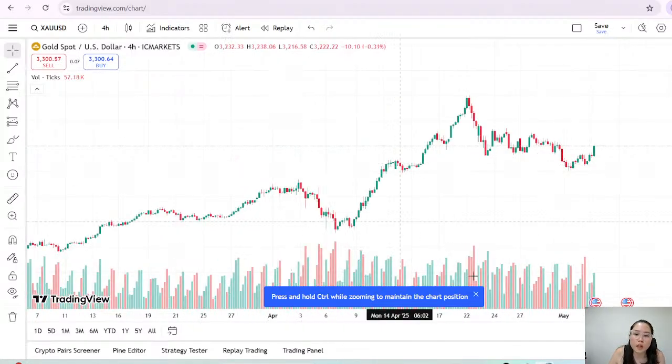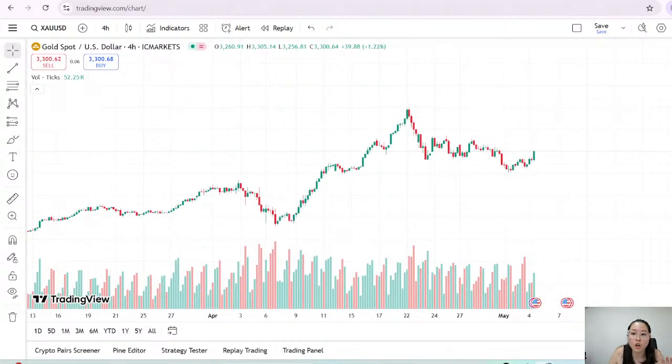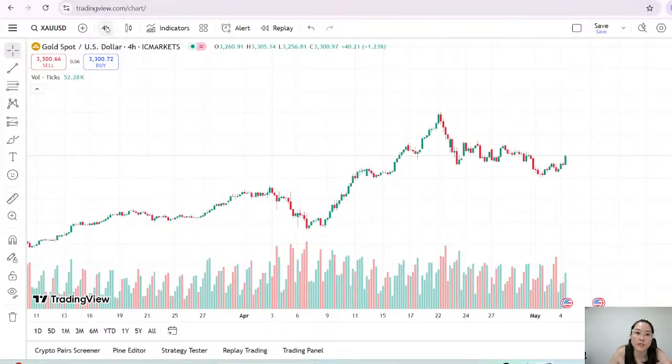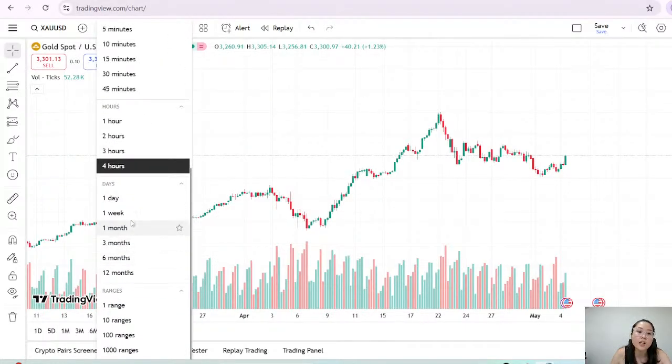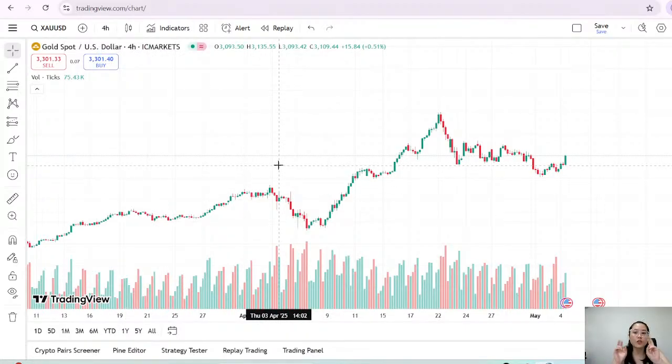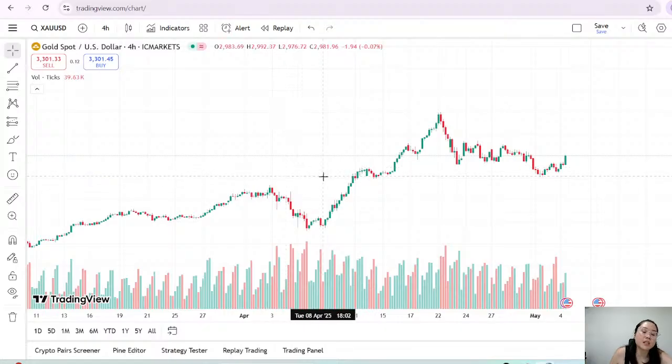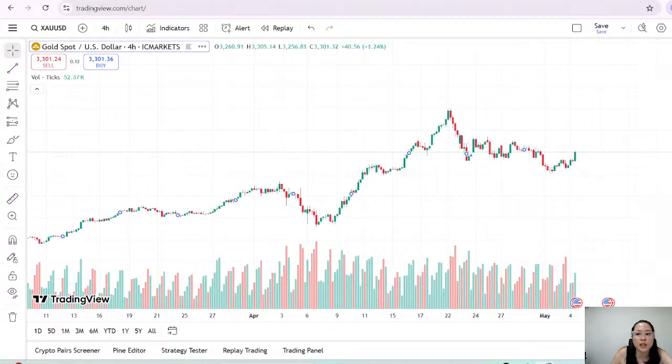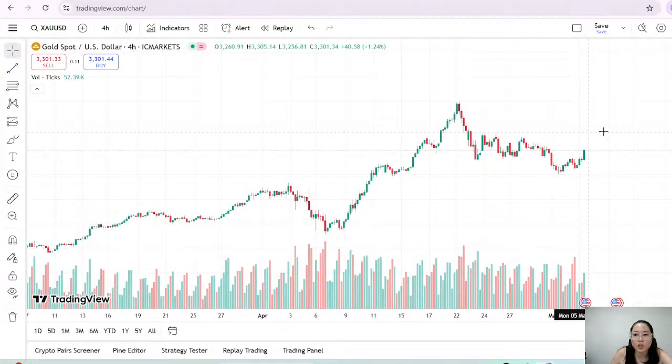Okay, we're gonna chart on the 4 hours, but we're gonna go to the bigger time frames to see what the general consensus is, so that we know what the direction is. Whenever you are trading, you first need to know where the market is going, whether it's going up or down. If you answer that question, it will be so easy for you to know if you're going in for a buy or sell. Let's say if it's bullish, you do want to get in with a buy, and if it's bearish, you do want to get in with a sell.